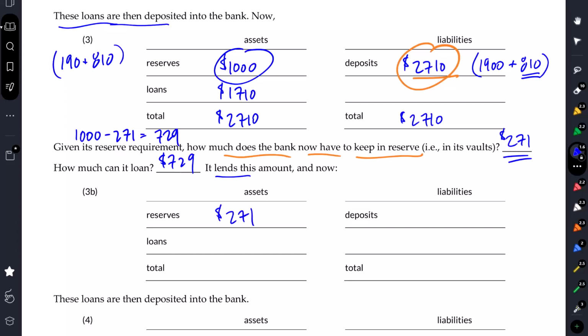Loans are going to go from 1,710. That amount has already been made in loans. We're adding another 729. That's going to bring us to 2,439, which is a total of 2,710, same as it was here. We've just moved money from reserves up here down to loans. Okay, and for the moment, deposits are still at 2,710,